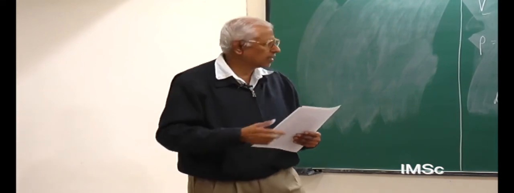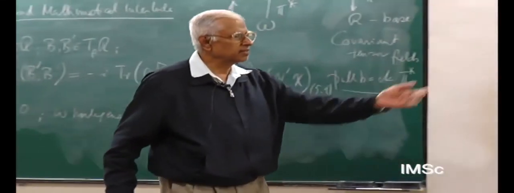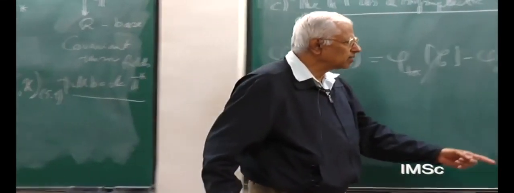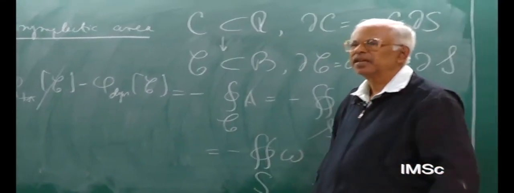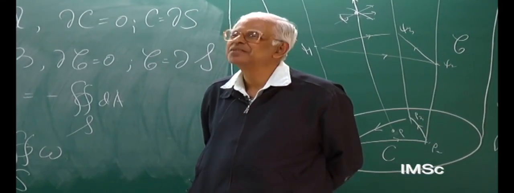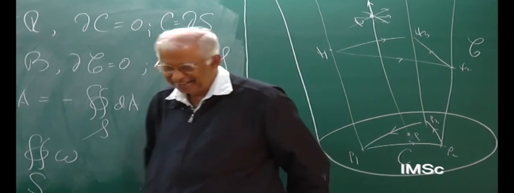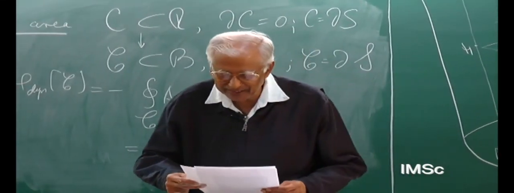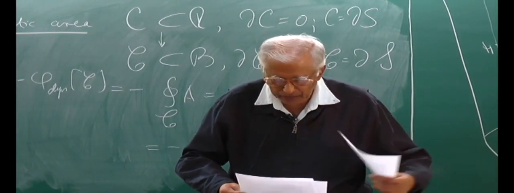As far as I know, the use of such an expression for geometric phase is given, but until you establish that omega is non-degenerate, it is not a symplectic manifold. Of course, they can call it a pre-symplectic manifold, right? Just a little distance away from a symplectic manifold. Okay, let us stop at this point. If you want any